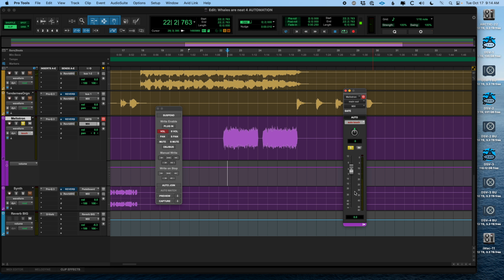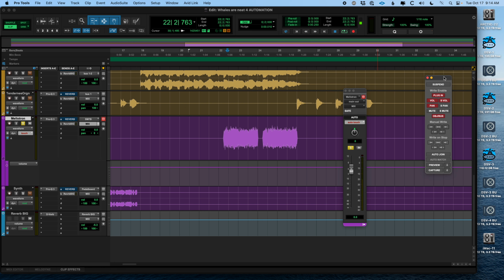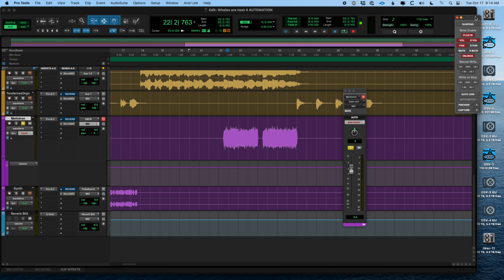So I can save you a step here. Here's what you should enable: volume, pan, plugin, send volume, and object bus. You could also enable send pan if you think you're going to use it. I like to have my sends just follow the panning of the track that they're on. But like I said earlier, you don't want to automate mutes. Once you've got this set up, and I usually just like leave it up here,